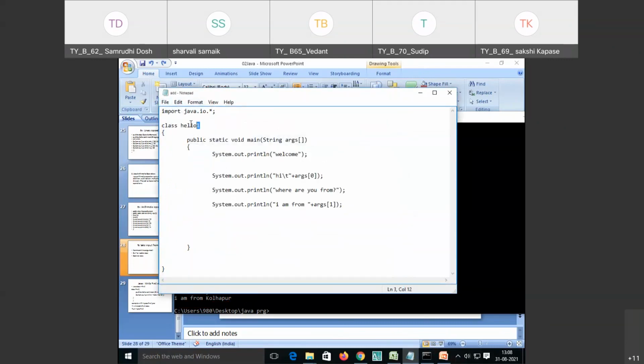Add.java, I'm just editing the old file. As my file name is add, I need to give the class name also add. So I have given the class name as add. In that,